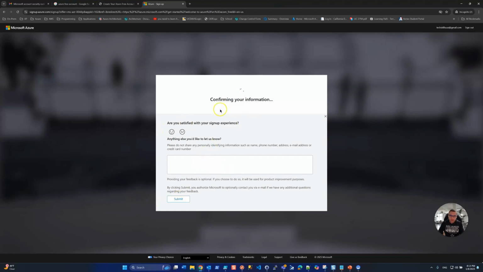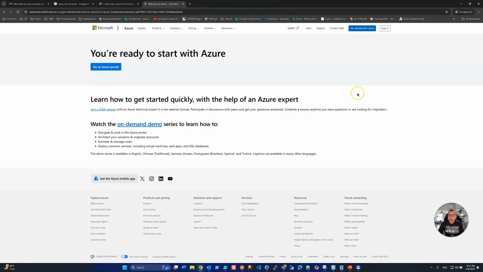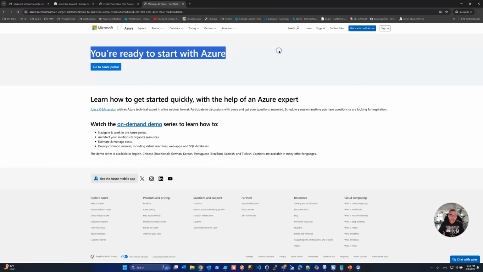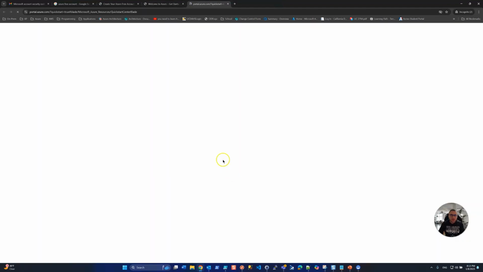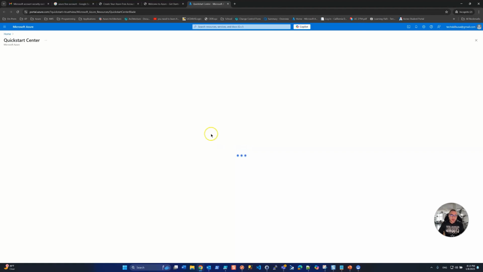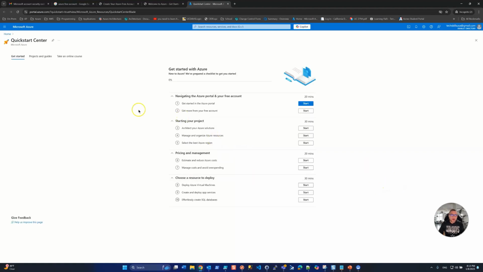I'm signing in. It says confirming your information. It's redirecting me to the page, and it says you're ready to start with Azure. There you go. I can go ahead and navigate to the portal, and it should sign me in. Woohoo! Well, we have